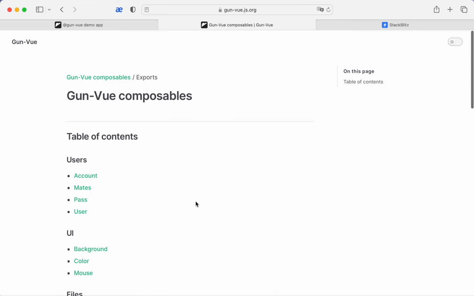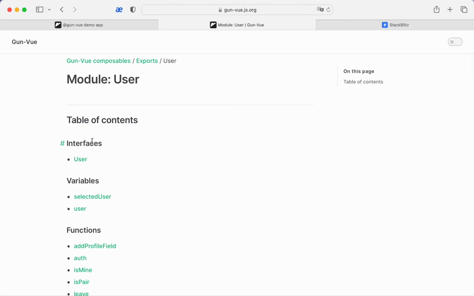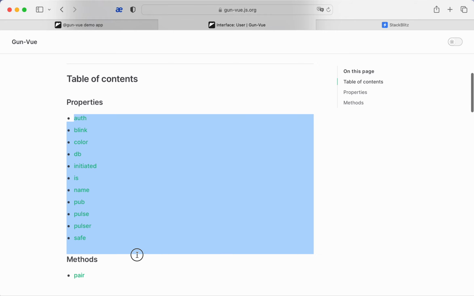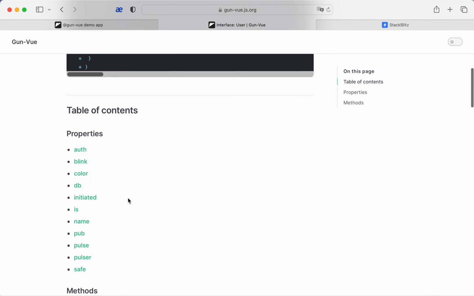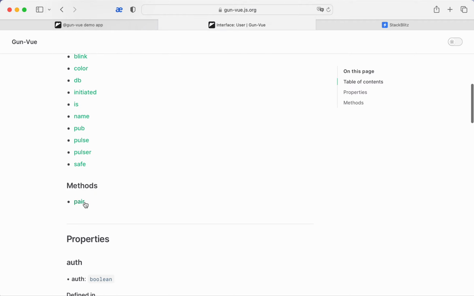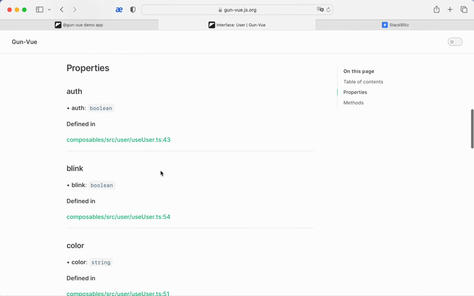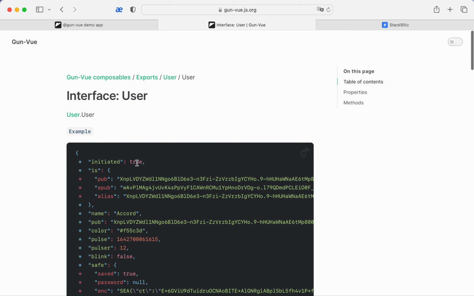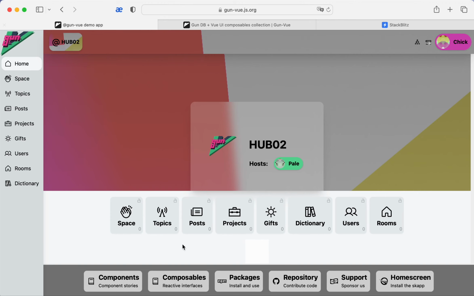It's built right with the code, so you can go to user interfaces and see how a user interface is structured and what you can do with it, because yeah, there is a pair method, and I will add text to all these, and this example is written just in the code, so it's completely in sync with the code. Yeah, I'm kind of proud of that. So it's the new